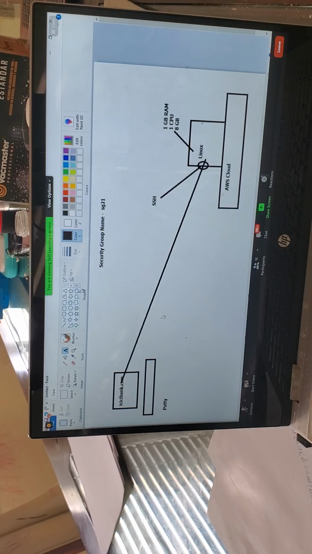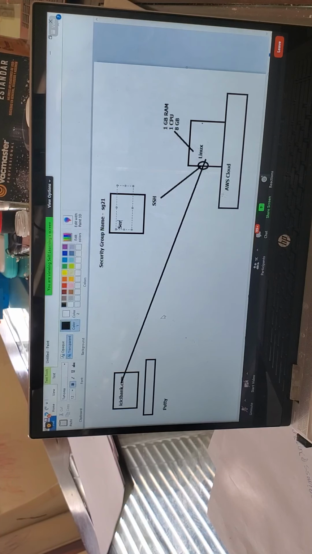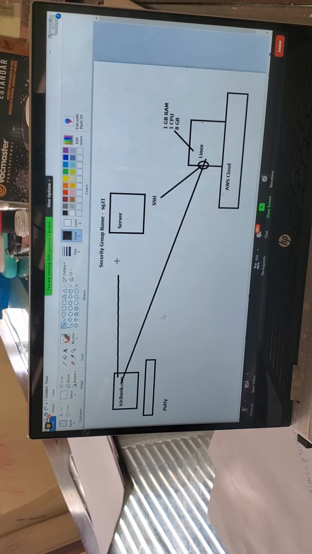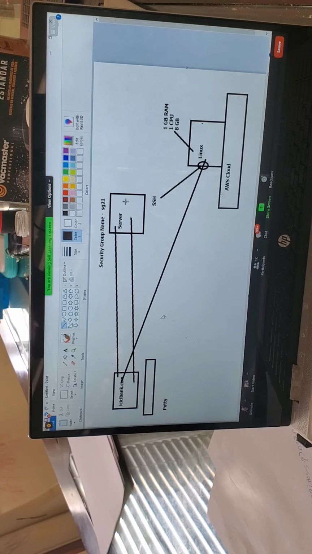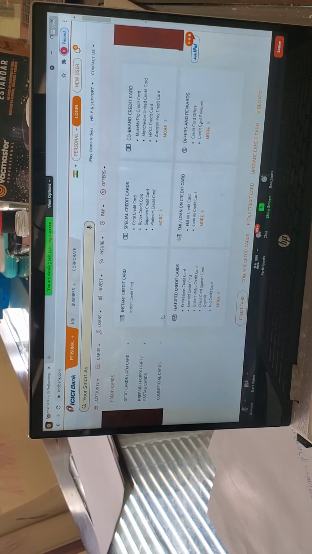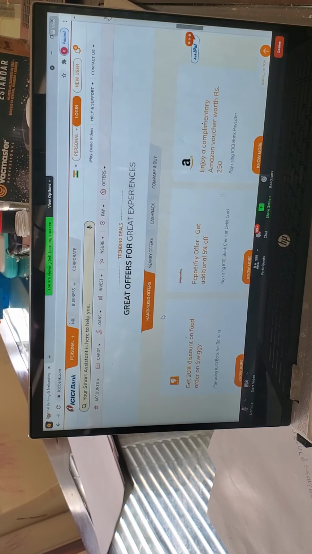I'm getting the page from a server, and this server is called a web server. So when I access ICICIbank.com from the browser, the request goes to the ICICI Bank server, and in response I get the web page. As I'm getting web pages, it is called a web server.